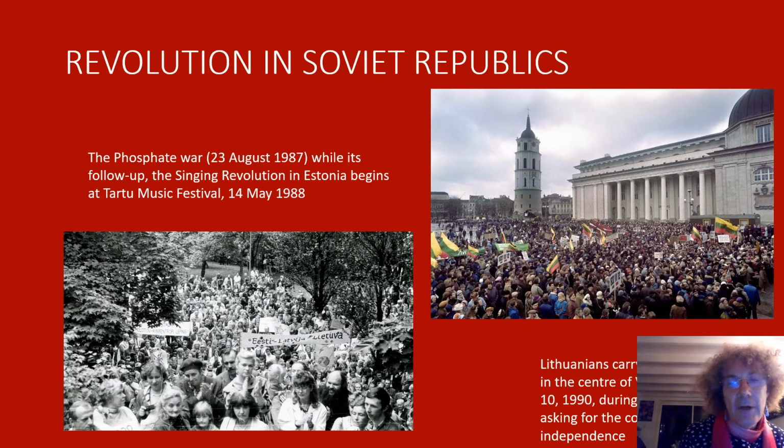The resurgence of nationalism, which leads to a separatist movement from the Soviet Union into which they've been forcibly incorporated during the Second World War, starts in Estonia with a threatened environmental catastrophe. This leads to the so-called phosphate war in the summer of 1987, and then at the annual Tartu Pop Festival in May 1988, the following year,